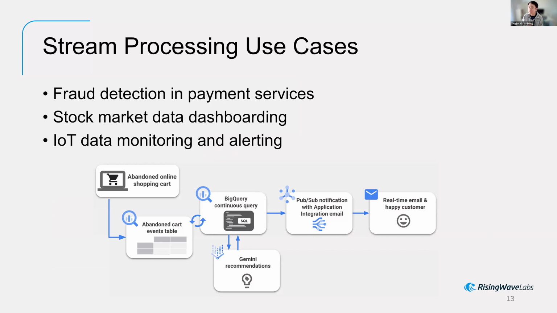Imagine that you are running an e-commerce company, and your customers can probably have left a lot of items in their shopping cart, right? If they do not really pay, then it basically becomes the abandoned online shopping cart. And Google says that, well, we actually left a lot of money there. Actually, 70% of the transactions were abandoned. So Google says that, okay, let's focus on that, or let's optimize that part.